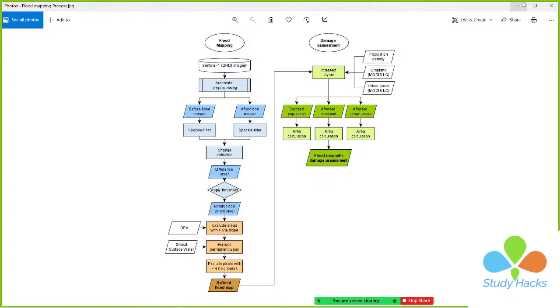using the Sentinel-1 satellite imagery, and all of the correction or automatic processing we can easily do. Then we can get the Sentinel-1 images for two periods. The first period is before the flood, then after the flood. Then we can do change detection. What is the change between the period before the flood and after the flood? Then we can use a threshold